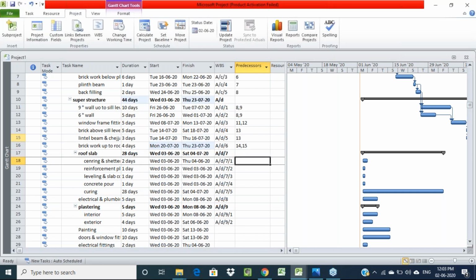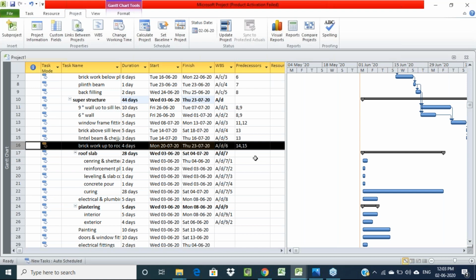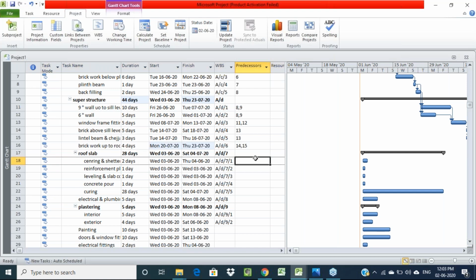For the main activity we are not supposed to give a predecessor. Then after completing brickwork up to roof level, we are going to start with the roof work, that is concreting the roof slab. For that, the brickwork number is 16. We'll use 16 as the predecessor.